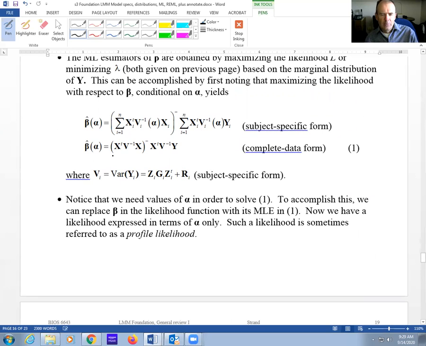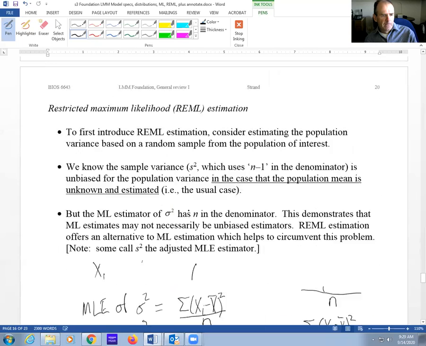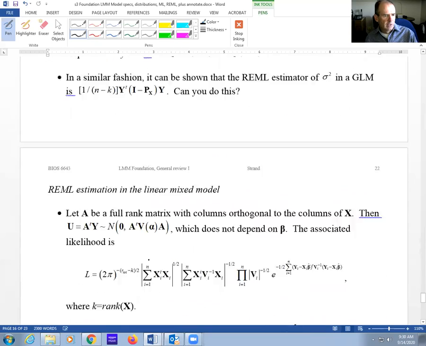So that's the one weird thing about REML, is that you don't really have a true estimator for the fixed effects. You're kind of using a hybrid approach here. You're making a new likelihood that just involves covariance parameters, getting good, less biased estimates for those. But then you're saying, okay, let's just go back and use the ML form for the fixed effects parameters.